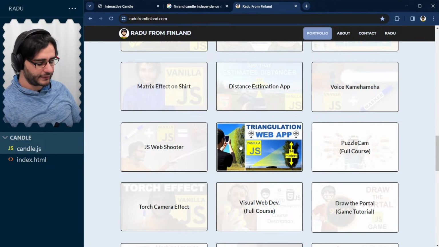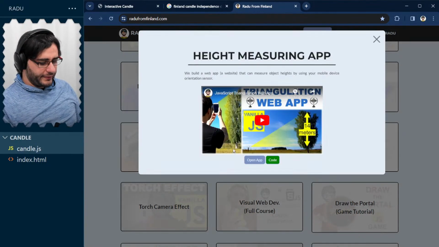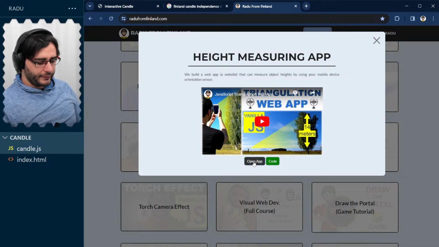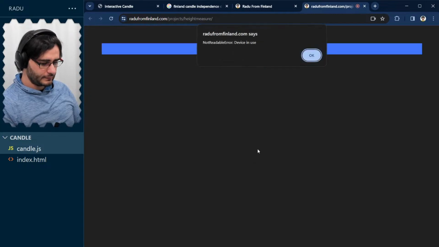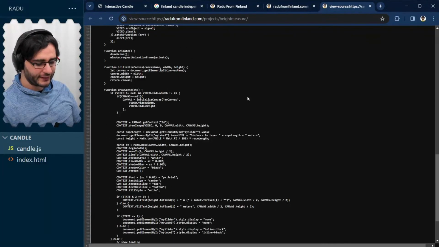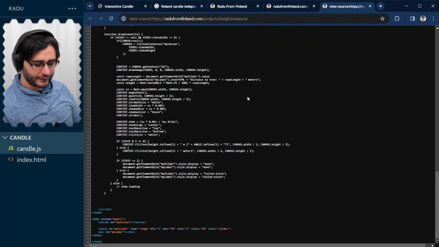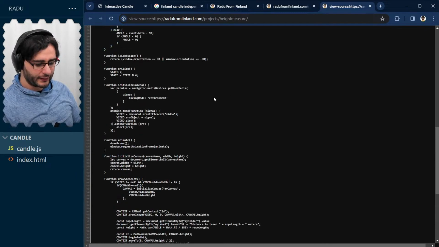We do some kind of triangulation there, and it also uses the orientation, and it wants to use the camera, but it's in use. So it's not gonna work. I don't care about it working. I just want to see how to handle the orientation, because it's probably faster than looking at the